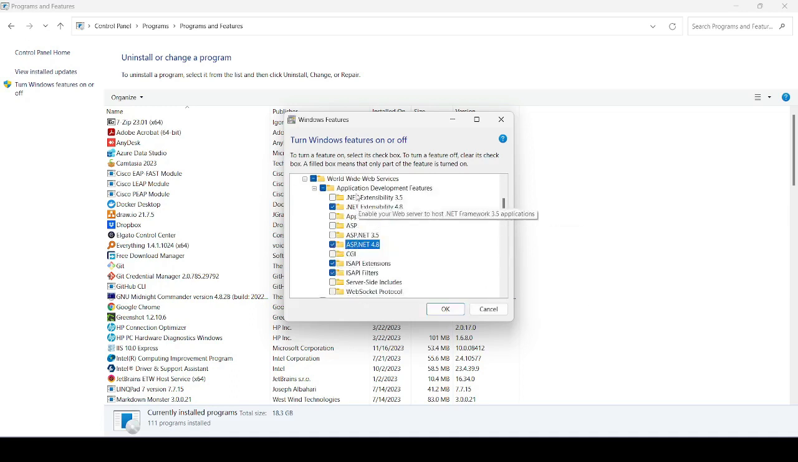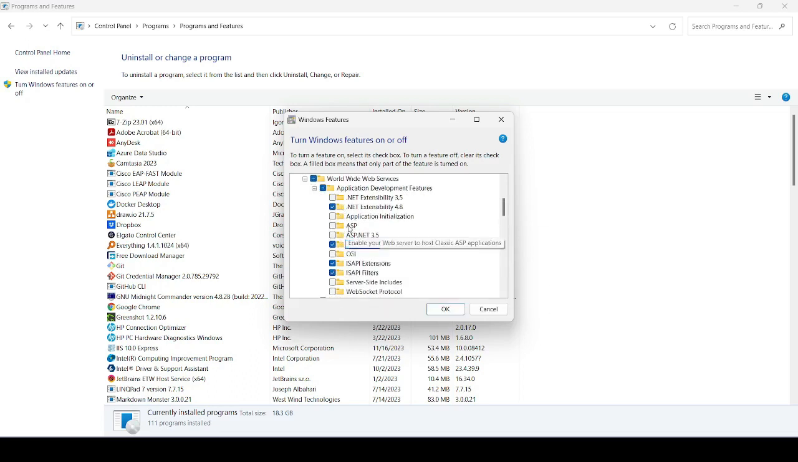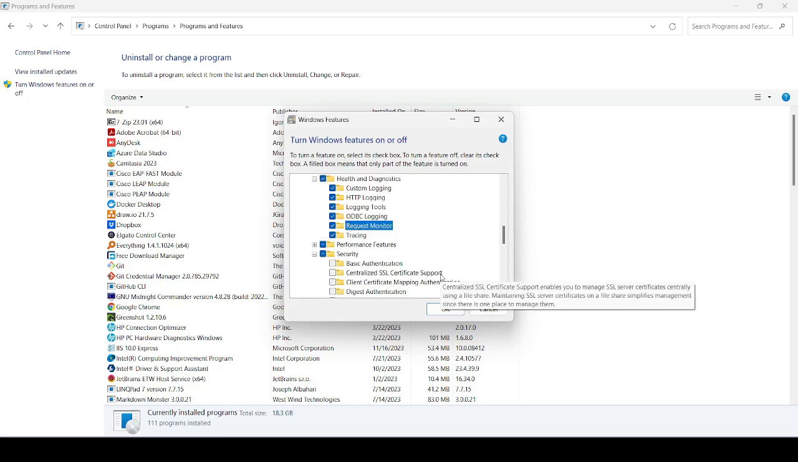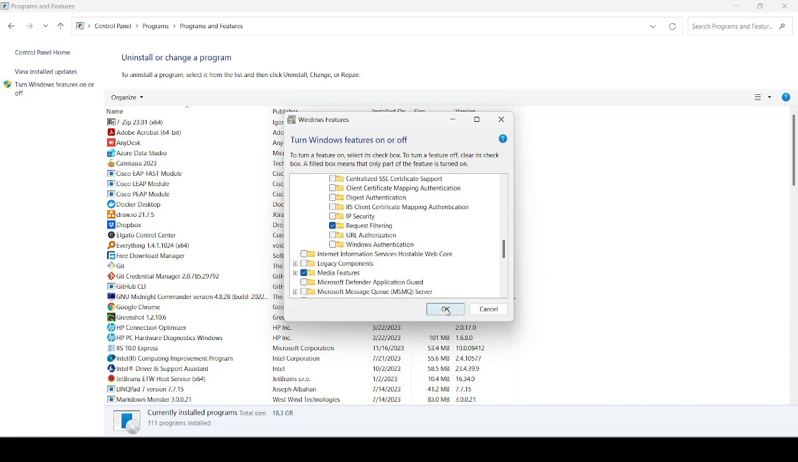You can also enable or select the different application development features that you will be using in your development. So the features to select will be based on what product you're working on or the project you're working on. And once you select all those that you want to select, then you can just click OK, and then